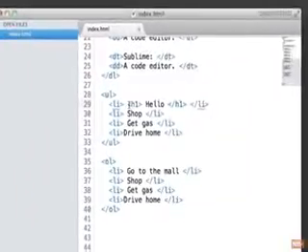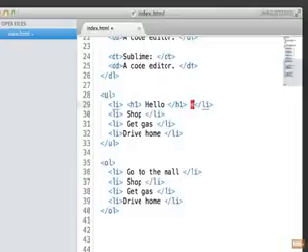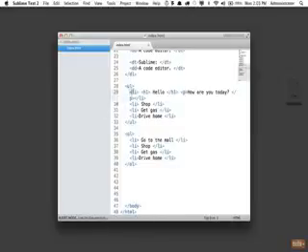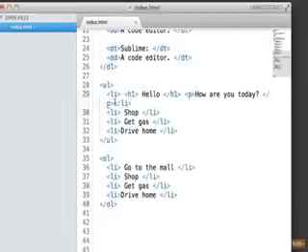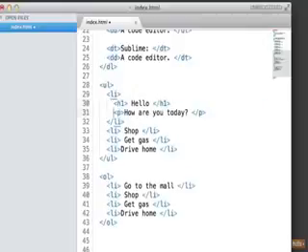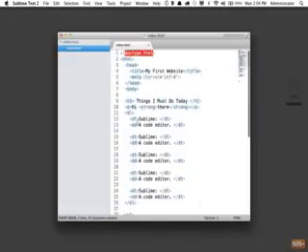Now here's one other quick note, is what if you have a heading and then you want a paragraph? If I save that, reload, that looks fine, but notice how quickly this is getting messy. So if you have just a bit of text or code, you can place it on one line like so. But if you have a lot, it's a best practice to separate the list item into one or more lines, and then you can take everything within it and indent, like so. So now we have a list item, and within it, here are the children, and it's going to display the same, but it looks much cleaner. So always follow good indentation practices. In the next lesson, we're going to focus on parent